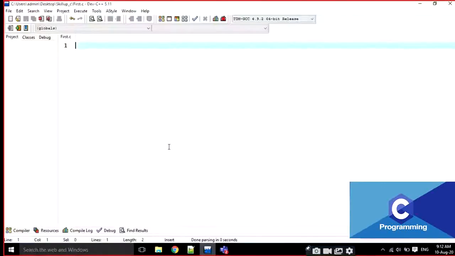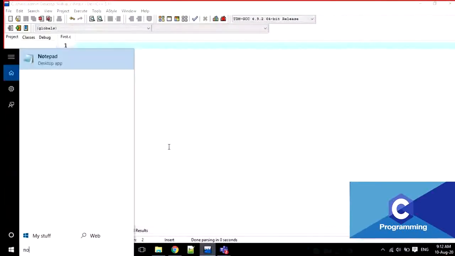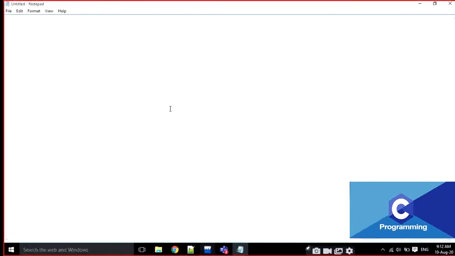The basic structure of a C program is header files, then the main function, then statements in the main function.